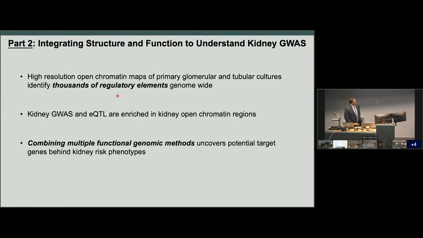So in this part, what I've tried to impress upon you is that we have generated these maps now for kidney under cultured conditions. We're moving into more native states. This really is a way to understand population-level genetics, because all those risk variants are really concentrated in these enhancers. And so by spending time to generate these enhancer maps, we're really trying to understand what's the transcriptional control and regulation of the target genes.